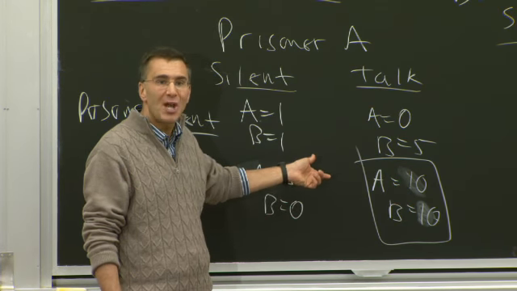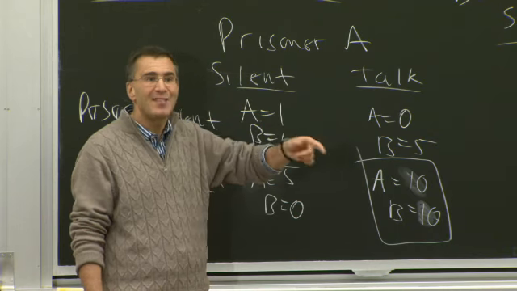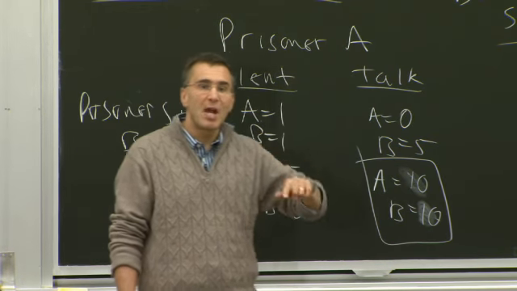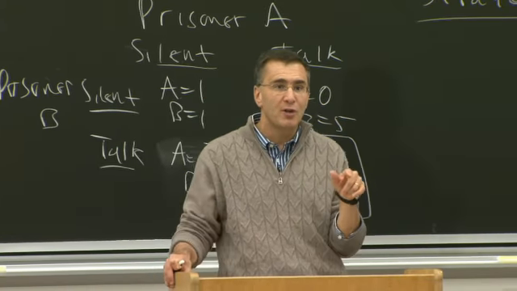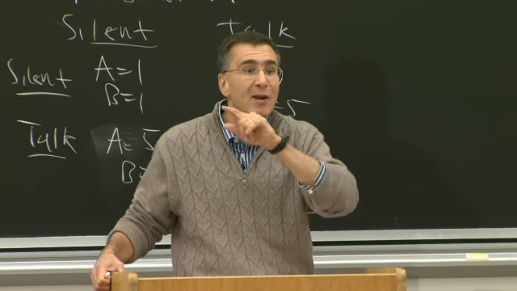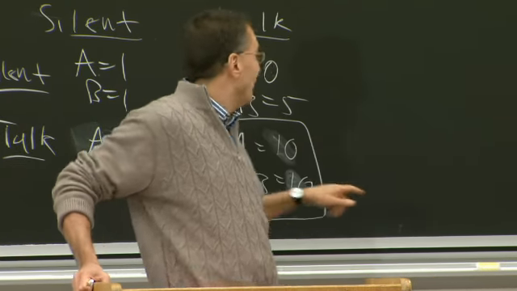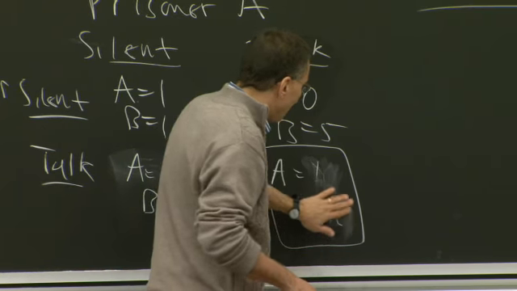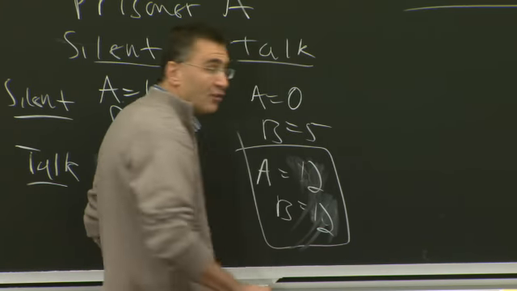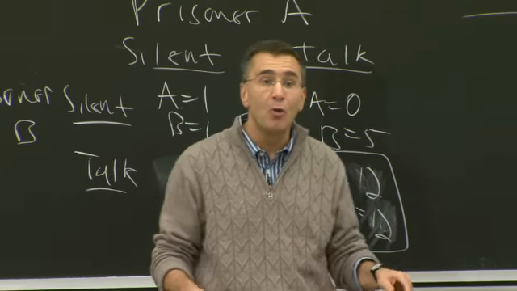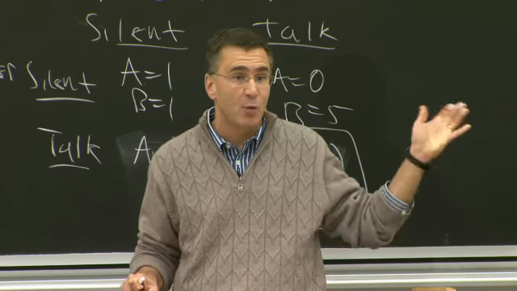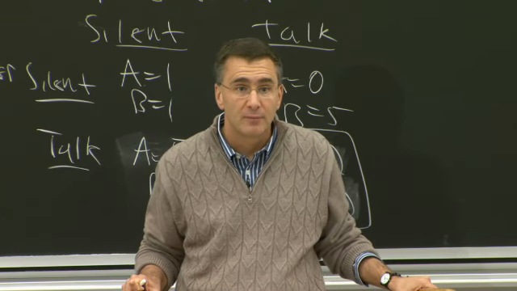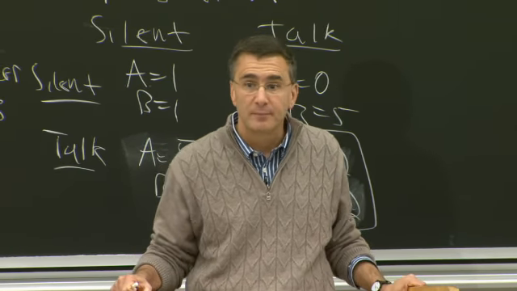We don't, because there's no dominant strategy. What you do depends on what the other person does. So there's no dominant strategy. Dominant strategies only occur if there's something that you should do no matter what the other person does. So in this case where these are both 2, there is a dominant strategy. It's to talk. If those are both 10, there is no longer a dominant strategy, so we can't quickly get the Nash equilibrium. Okay? It's a good question.